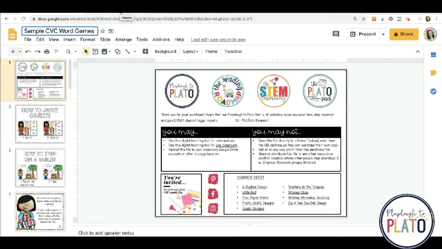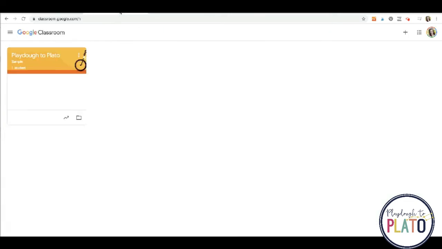Now I want to actually add this file to my Google Classroom. So I can just leave it and let it hang out in my Drive account if I want to use it later. But let's pretend that I actually have a Google Classroom account and I want to add it as an assignment for my kids. So I just signed up for a free Google Classroom account right here. You can go to classroom.google.com, and it's really simple. All you have to do is enter in your information and it will let you sign up for an account